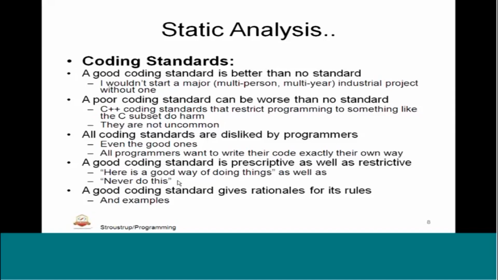Standards should specify both things: the limitations or restrictions of what should not be done, and the prescription, telling what is a good thing to follow. A good coding standard gives rationales for its rules. That means there should be a rationale or reason for every coding standard and rule, with an example. So that will make it easier to maintain and review. So that is what starts up programming recommendations,